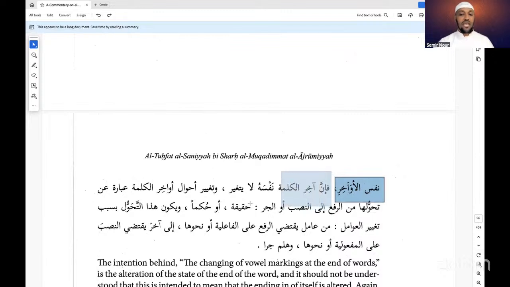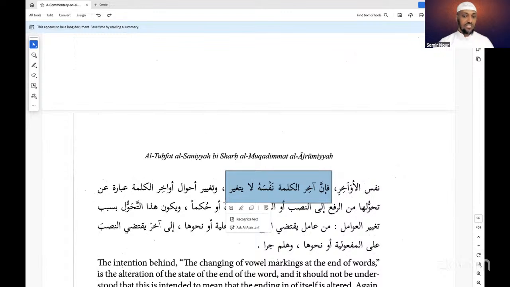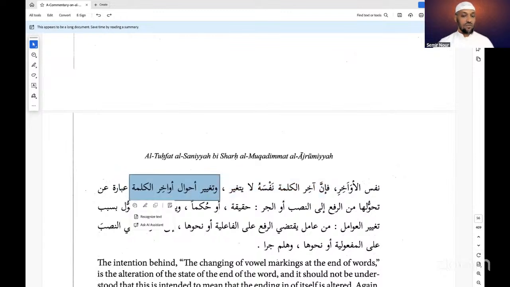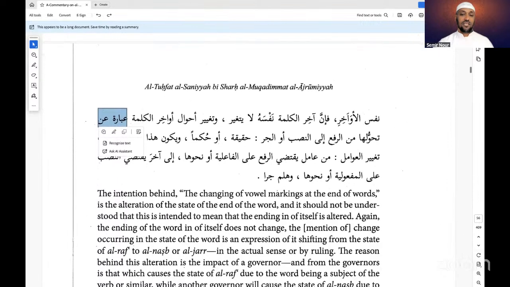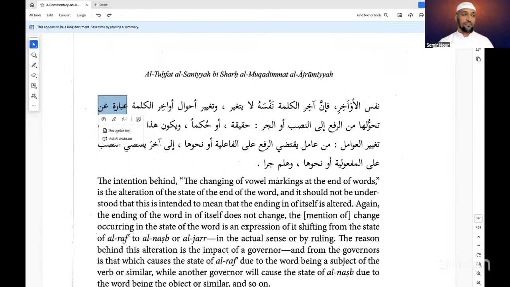طيب. He says فإن آخر الكلمة نفسه لا يتغير. فإن آخر, the actual letter which is at the end of the word doesn't change. وتغيير أو أحوال أواخر الكلمة عبارة عن. I told you how best to translate this: عبارة عن is basically, just say "is basically." So وتغيير, the change of states of the end of words is basically